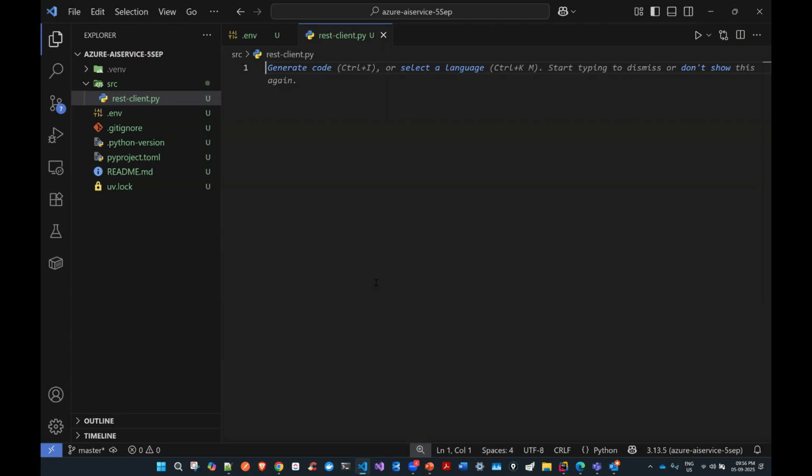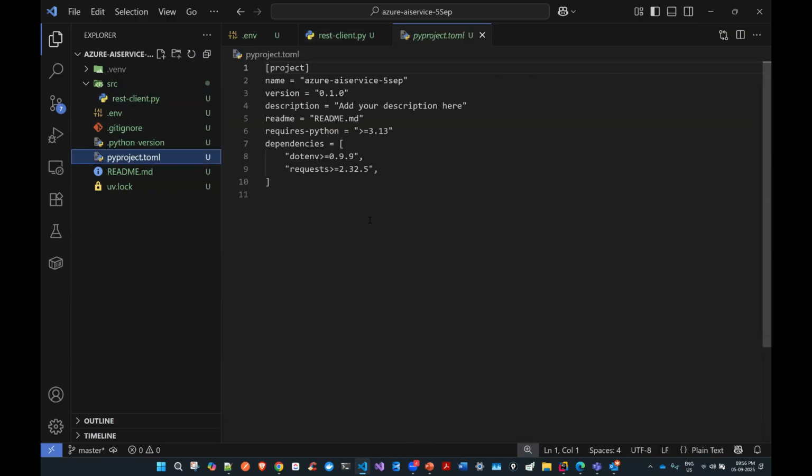And where will you find these two packages? You can find them in the pyproject.toml file. We have the dependencies option, and inside the dependencies we have these two packages. Whenever you want to find out what packages your application is using, just open this toml file and there you will get the package information.